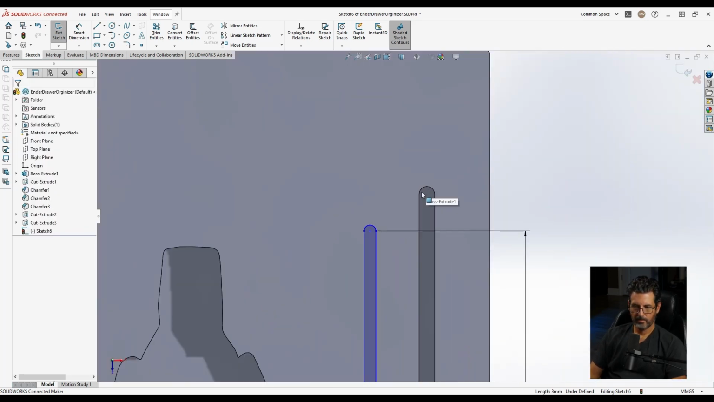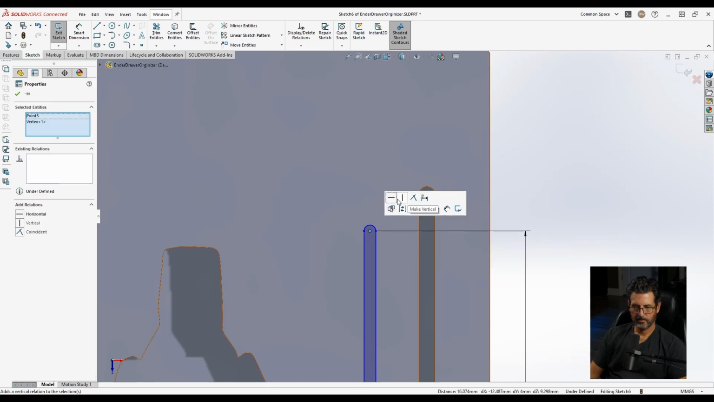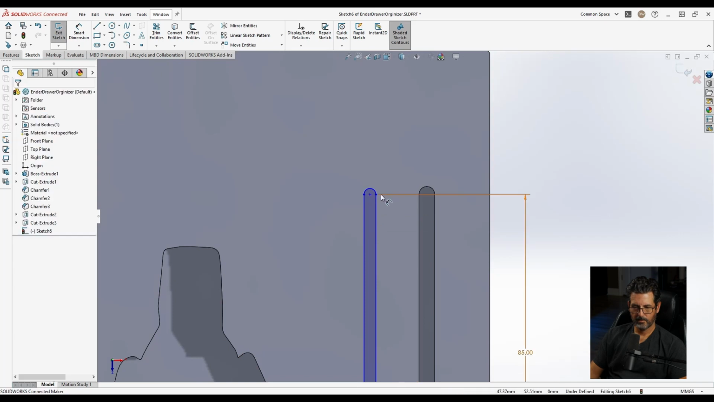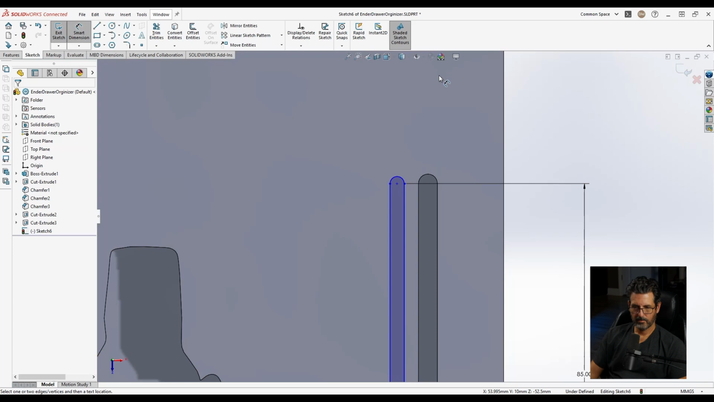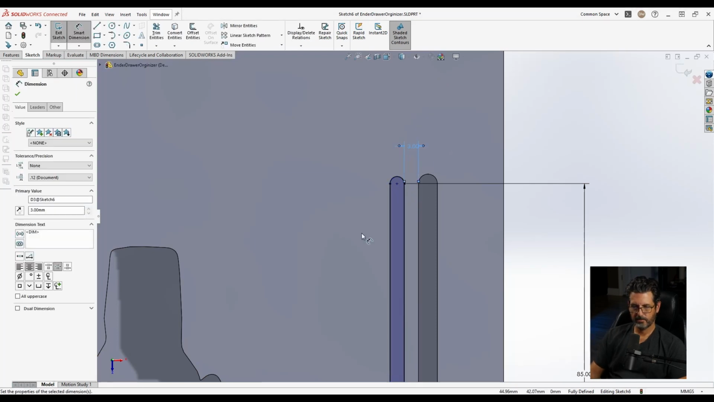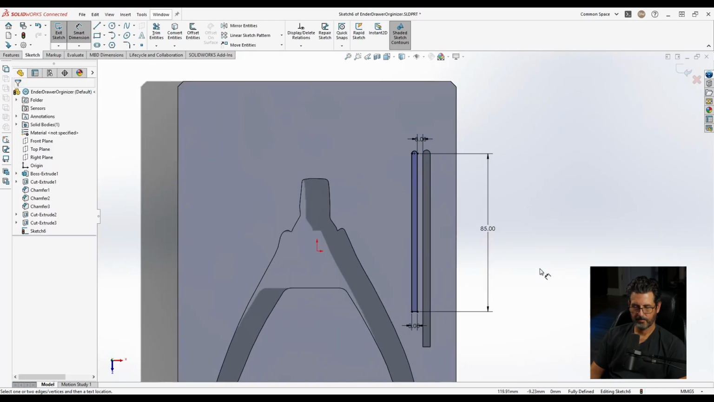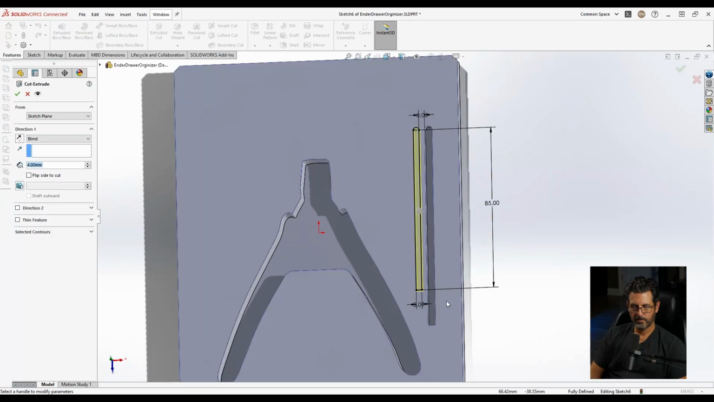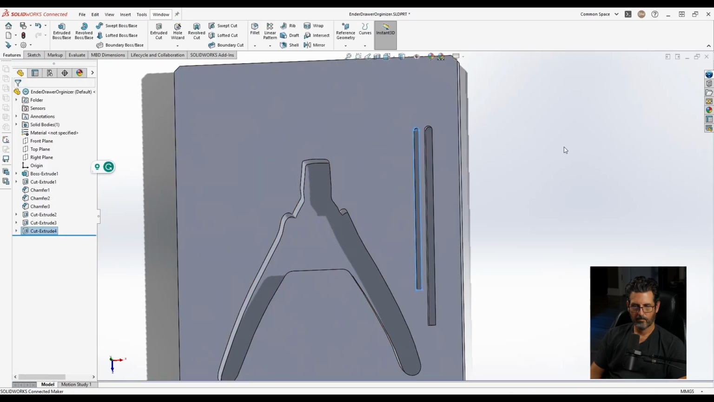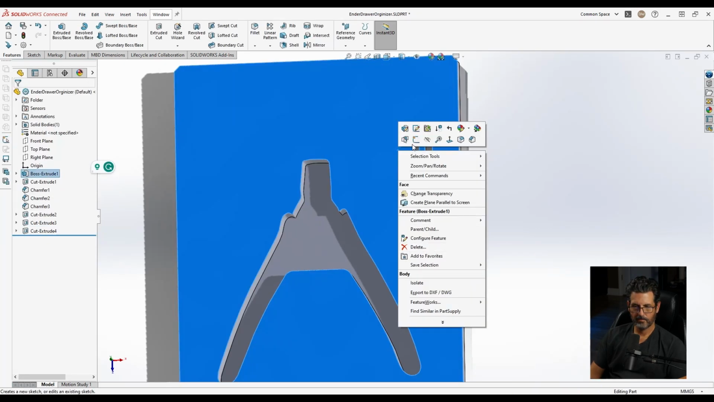Okay, now I want to line this up with that, so let's go ahead and make it horizontal to that. Drag it over here close. Give it a dimension between. 3 millimeters sounds good. Okay, there's the second one. Features, extrude cut. It's 3 millimeters wide, so we'll make it 3 millimeters deep. Okay, add another one. Sketch,